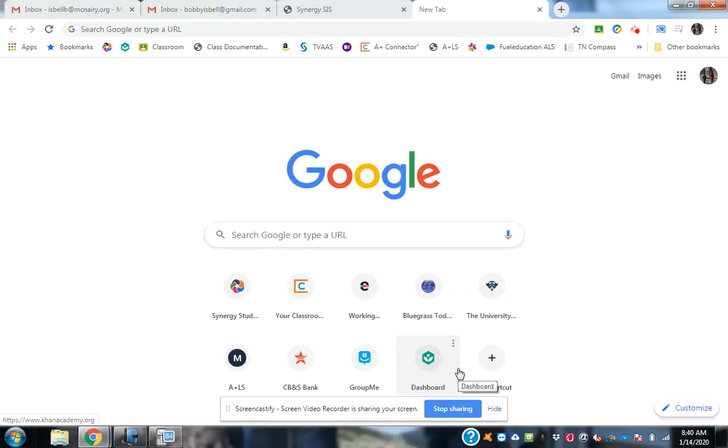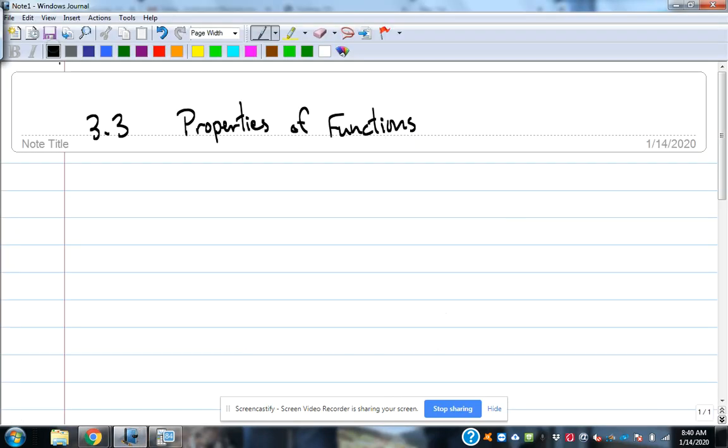Alright, so today we're going to talk about properties of functions. Introduce some tests that we're going to do for functions, and then a few other things as far as pieces of functions out of this. So properties of functions. First thing that we're going to introduce is the odd or even